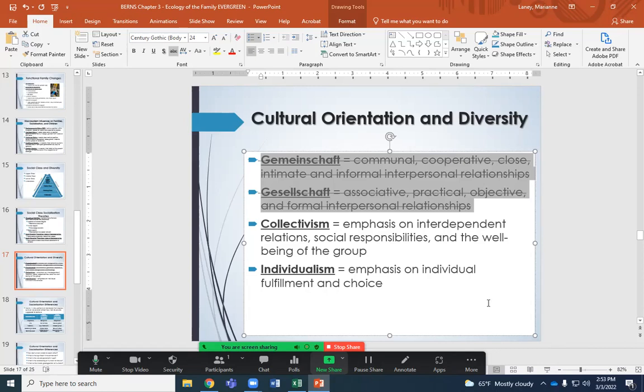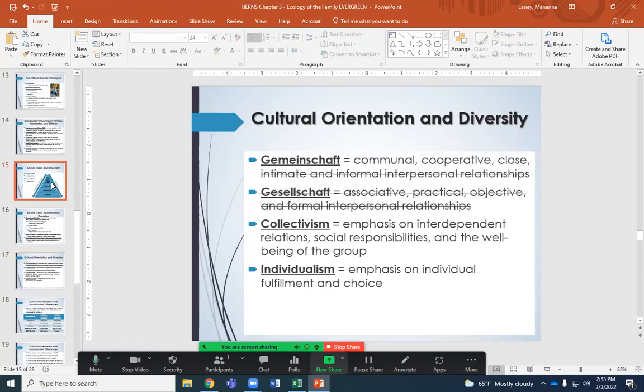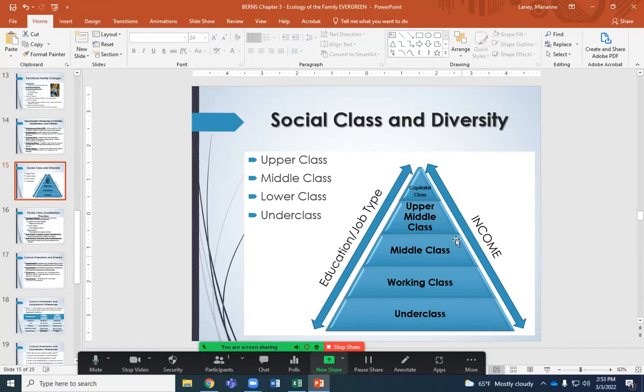Again, collectivism is doing it all together. We support each other. How you behave reflects on us. And then the opposite is individualism: number one at all costs. So let's think of collectivism even in here. We tend to be more individualistic up here and more collectivistic towards the bottom. But if you had a collectivistic capitalist class, this is when you start seeing rich people paying for things.